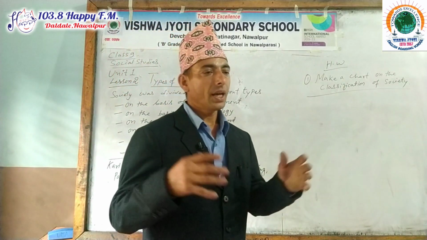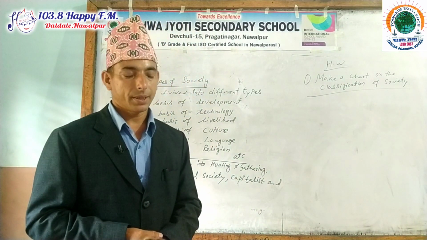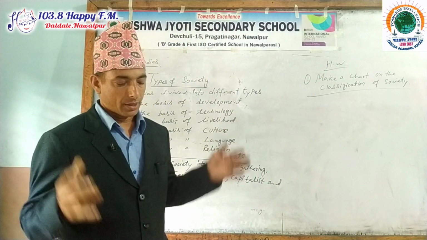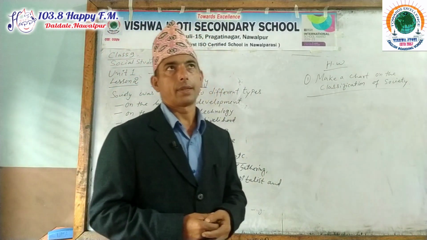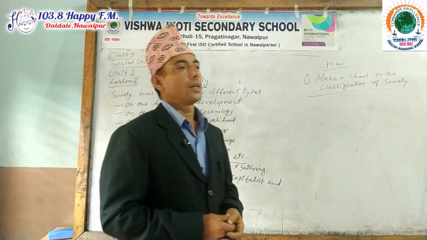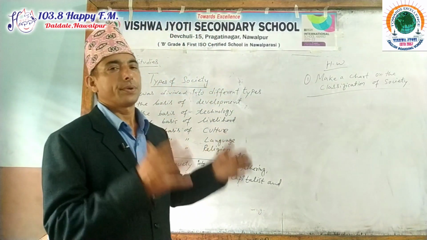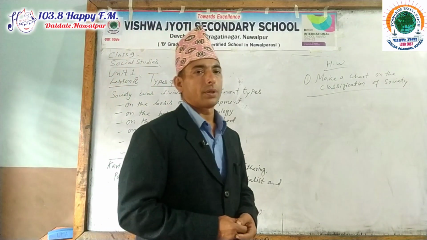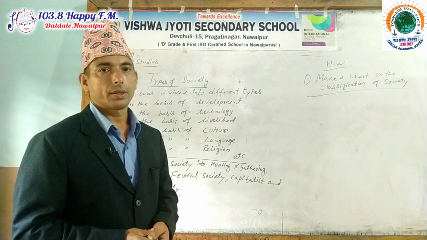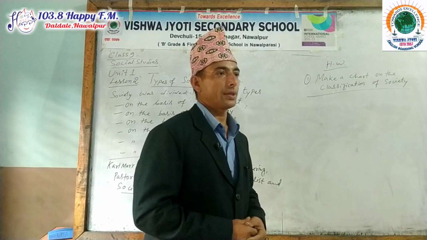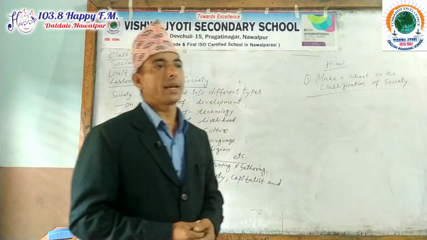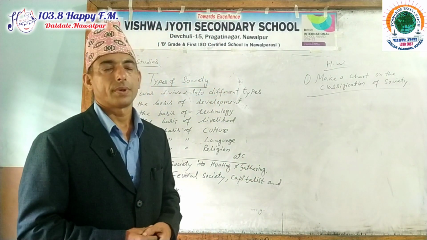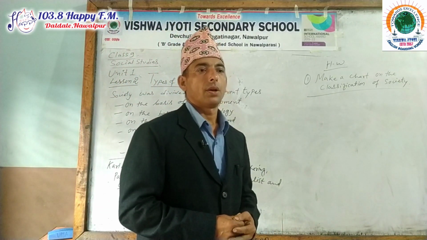Like this, after the animal rearing or pastoral society, the next society we will talk about is the horticulture society. That means the society which grows different types of fruits and herbs in their areas according to the climatic condition. In the world, there are different societies and communities which depend for their livelihood on growing varieties of fruits, flowers, or